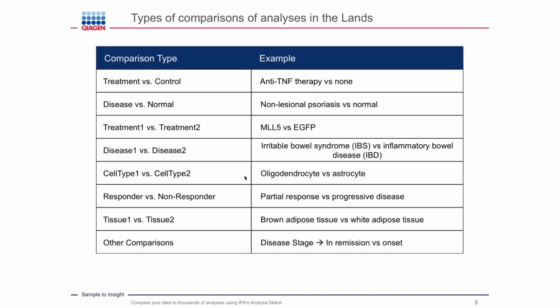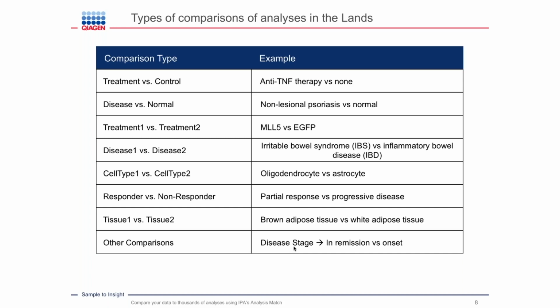Now, there are several main categories of experimental types within these analyses in the lands. So these are classified as treatments versus controls. We have diseases versus normal phenotypes, as well as comparisons where you can directly compare different treatments, diseases, cell types, and more. And then we also have data sets that, if they don't fall into any of these categories, we put them into something called the other comparisons. So for example, data from a study that looked at patients that were in remission from a disease versus those